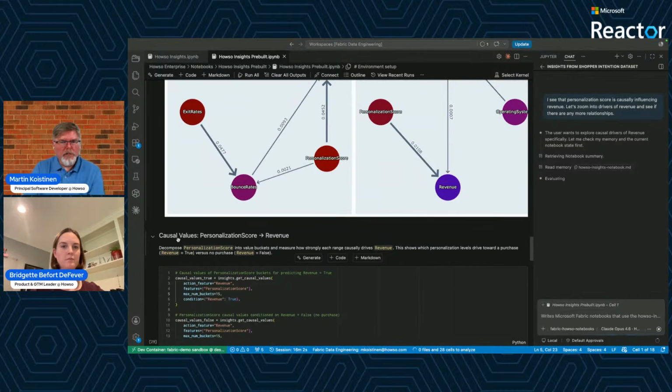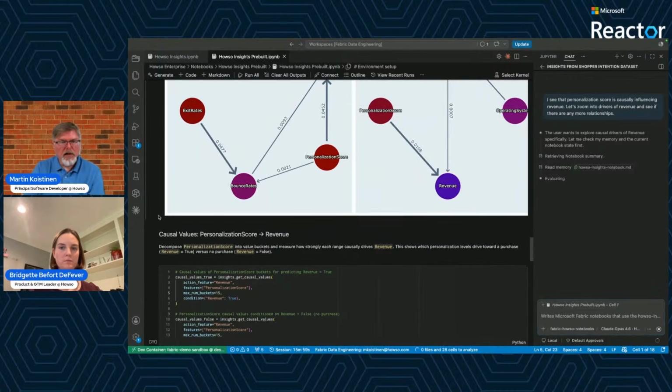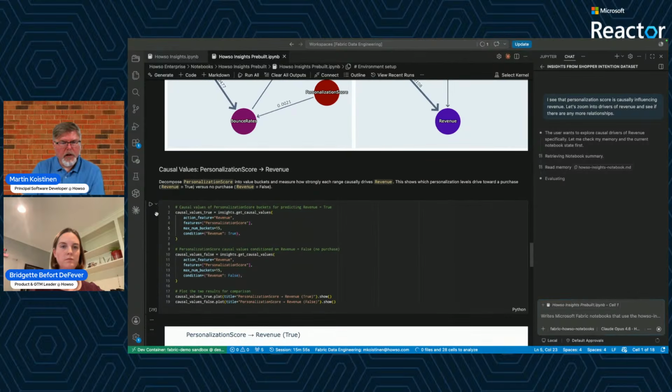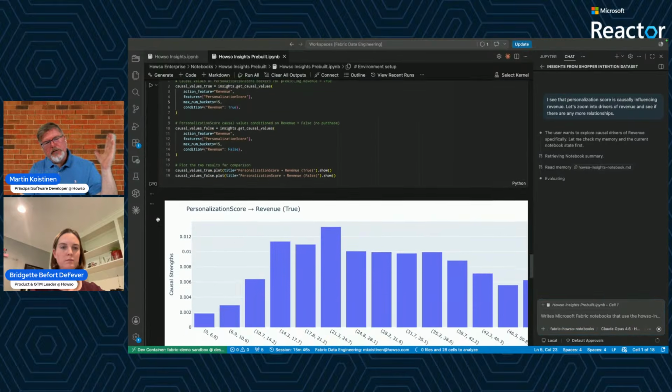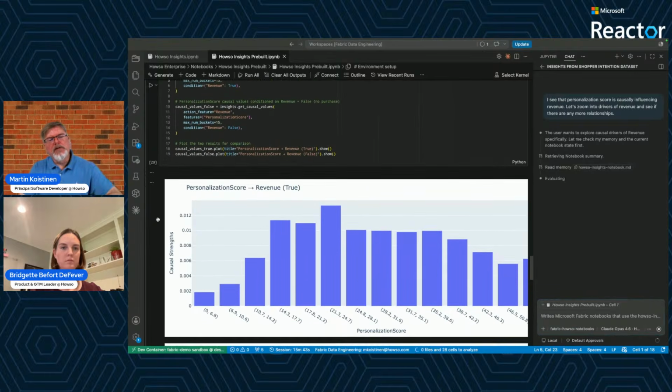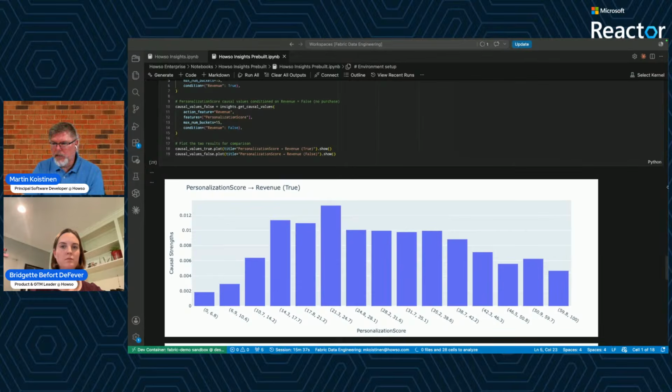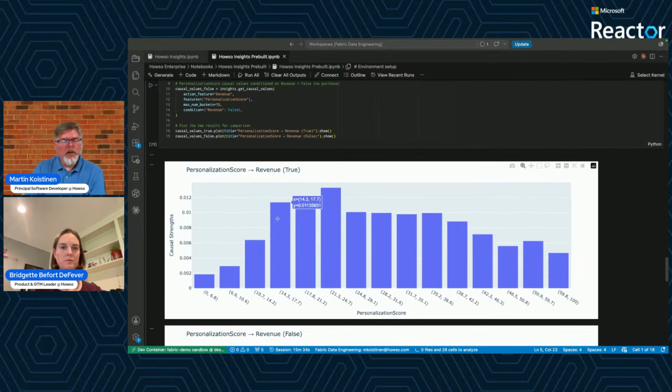So now that we know that personalization score is the key driver in this data set for revenue, let's dig in a little bit more on that. What we're doing here is we're going to look at the scores of people who did make purchases during their web experience at the retailer. I'm just going to shut this. We're not using it anymore. We can see that those people who did make purchases have a variety of scores ranging from 0, but mostly not 0, that show that the experience that they had was personalized to them in some way.